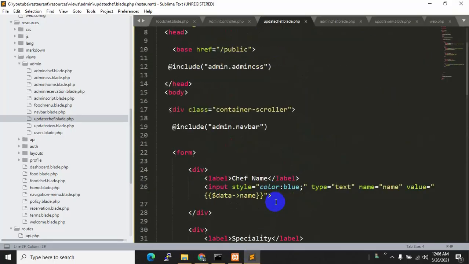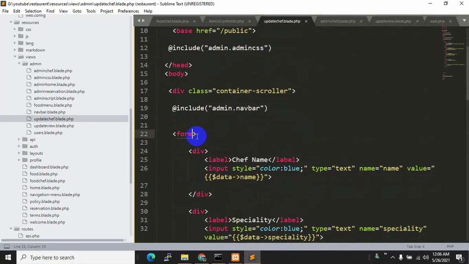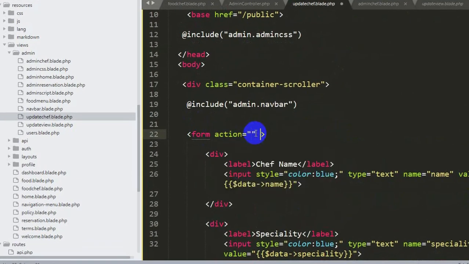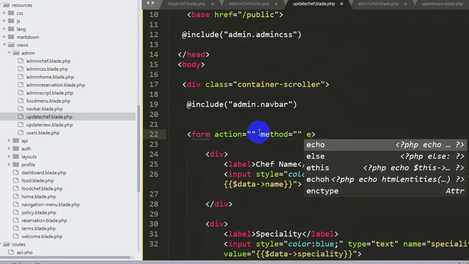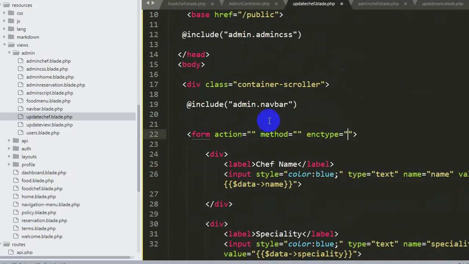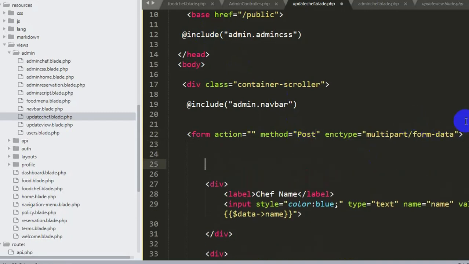For it we again need to go to the form over here. We need to say action, then method. We also want to change the image, so we need to add enctype, which will be multipart/form-data, like this. Then the method will obviously be post, and we also need to add @csrf field for uploading data, and we also need to add an action.